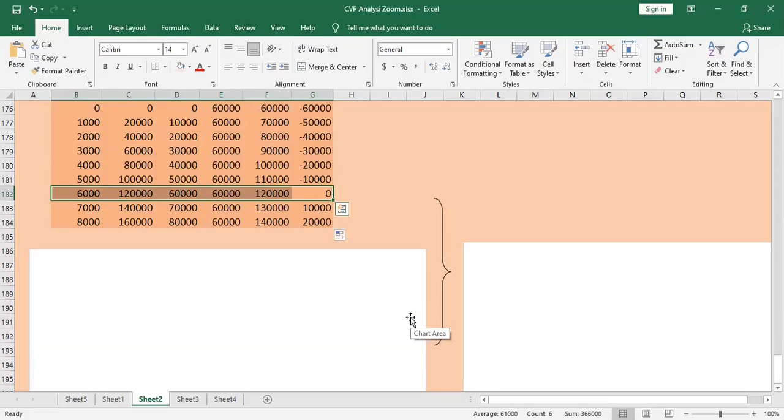When it comes to graphical illustration of this break-even analysis, we normally use three types of methods. We can use the traditional approach, where you plot sales value, total cost and fixed cost. Or you can use the contribution chart approach, where you plot sales, variable cost and the total cost. Or you can go with the profit chart, where you are only going to plot the profit value, right?